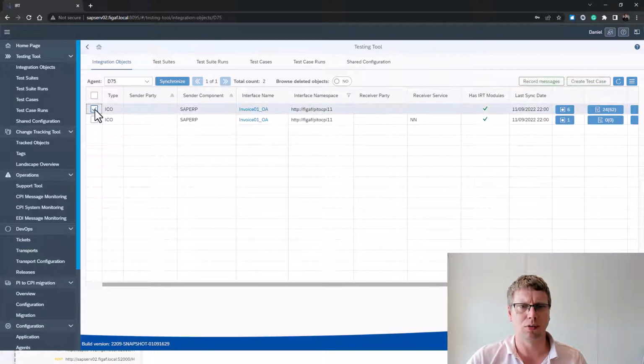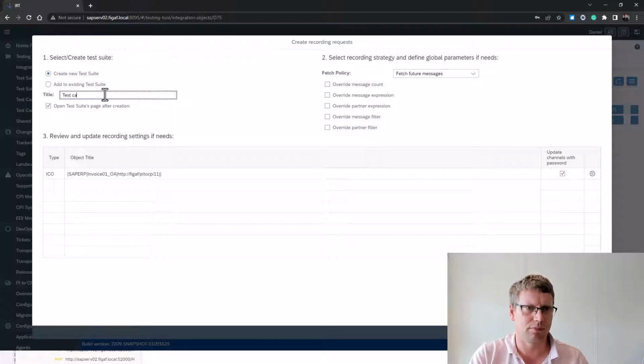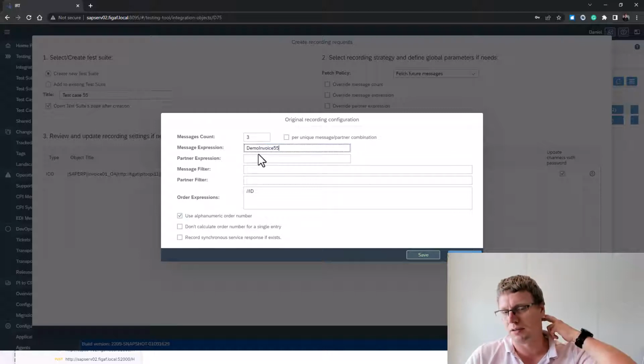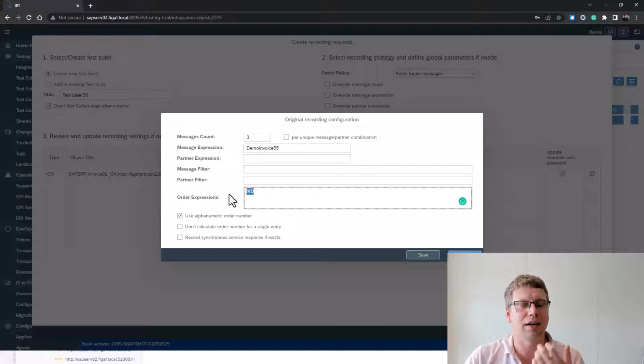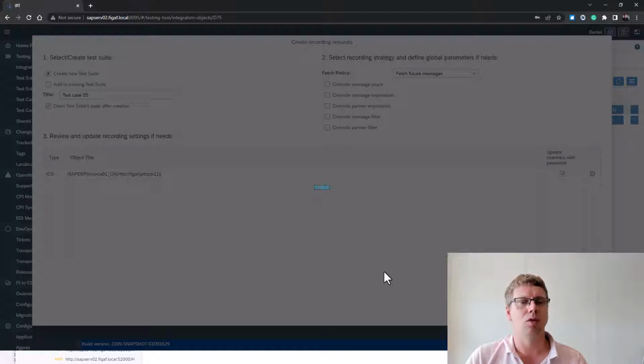We have here an iFlow. We can select it and we can say record test cases. We create a test case that is called test case 55. When we're doing this, we have an option here to decide how we want to deal with these things, and we'll also just mention that this is 55. We need to add how to order these specific IDs if we need to handle them, because this is a split scenario. We press save recording, and now the system will start up, and we can specify if we want